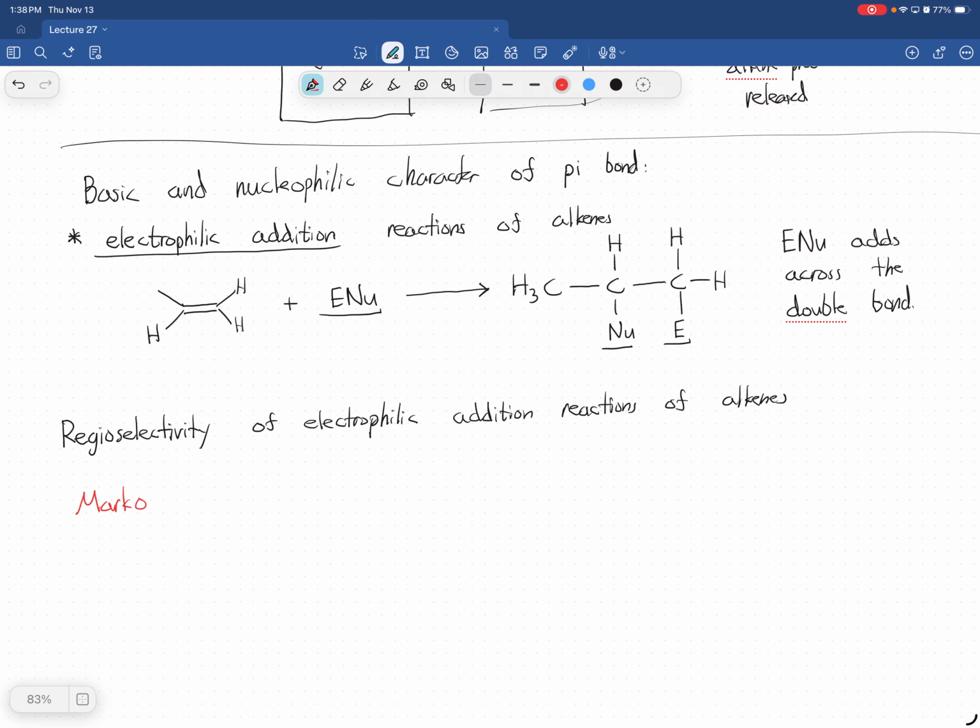I know that sounds like a Molotov cocktail, but that's not it. Markovnikov's rule tells us that when we have a double bond, the electrophile, well, I'll just explain it right here. The addition